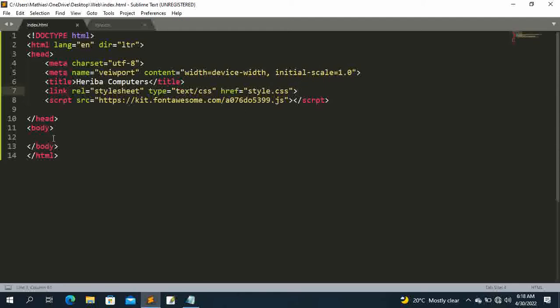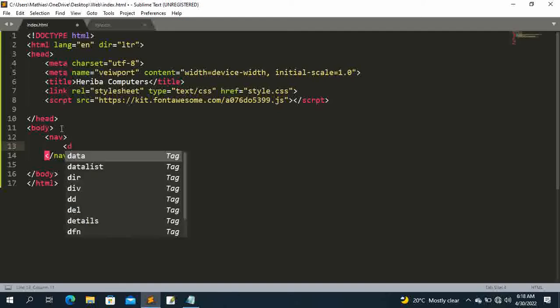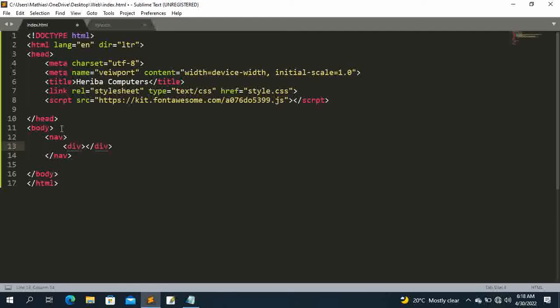Then I go in the body. First of all, I want my site to have a navigation. Say nav. Inside the nav, we can have a division section, a div. Inside a div you have a class. Then a class can be the menu. We want the menu. Then inside this div section, we can have an anchor tag